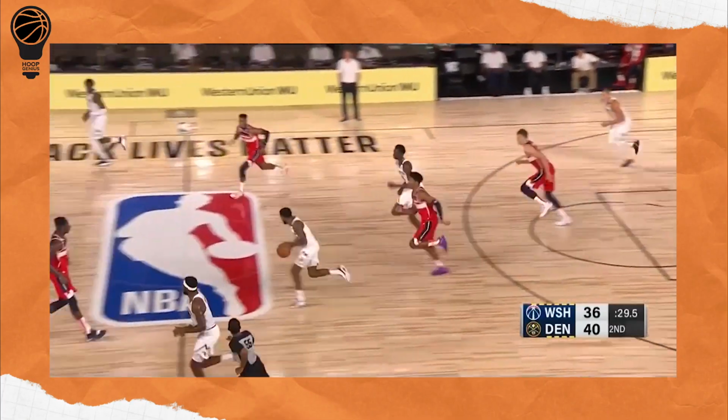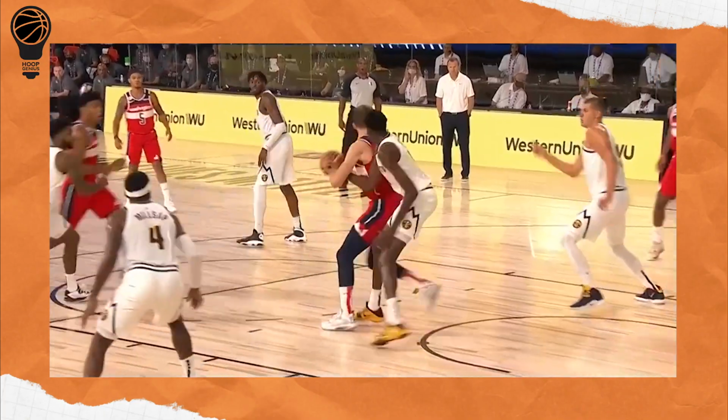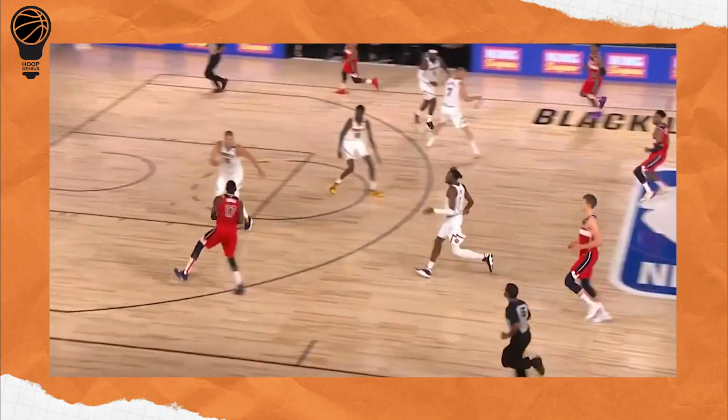And what I love about this is he doesn't swat the ball into the stands and pound his chest. He's automatically thinking about, here, look, I'm going to take that, and then we're going to get straight into the next play. Let's go. We've seen him block shots while zoned up in the half court, but here in transition,